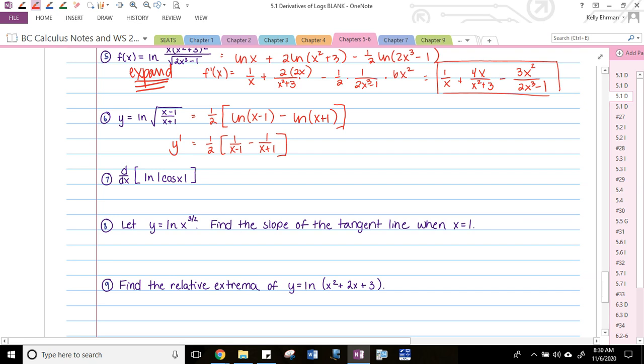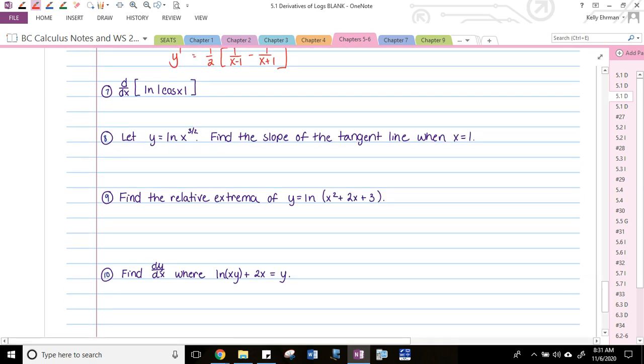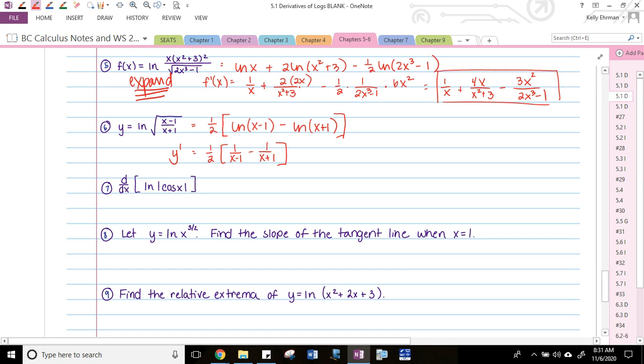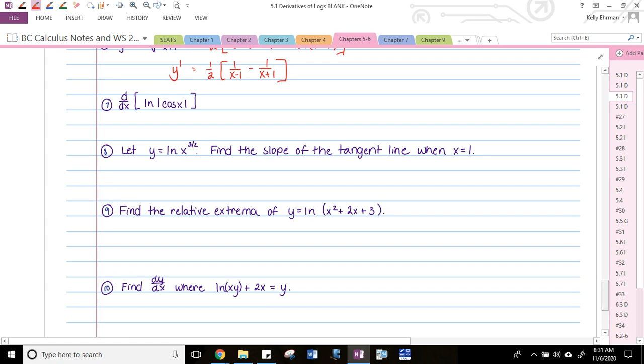And again, I'm just going to leave it like that. Of course, we could do common denominators and keep working on it if we needed to. The derivative of the natural log of the absolute value of cosine x. Why is that absolute value in there? So that we don't have to worry about domain restrictions and stuff, which we don't usually have to worry about, side note. I should technically say what keeps this positive, but we're not going to get into all that right now. And again, in multiple choice AP problems, that's not going to